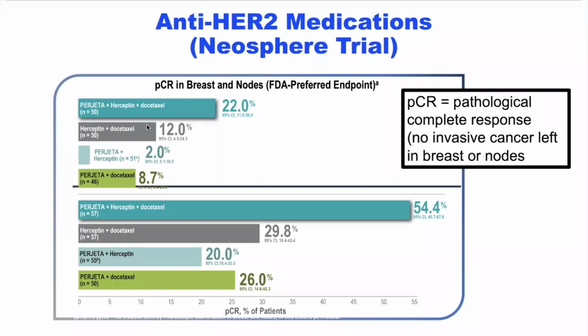The results do depend on how treatment is combined. I make this point because I see a lot of patients with HER2 positive breast cancers who I can convince to take Herceptin, but they're not willing to have chemotherapy. Well, I propose Herceptin alone as opposed to doing nothing, because there is some benefit of taking the antibodies. But as you see from this portion of the slide, this population of people had Perjeta and Herceptin combined, and only 2% of those patients had no residual disease